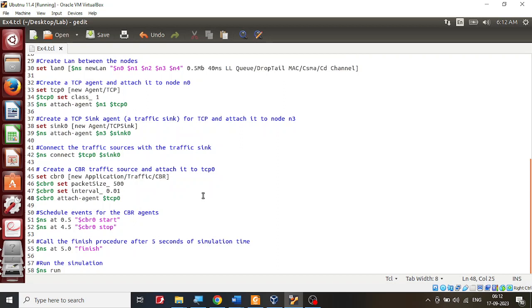The next part: all your connections, everything is done. Now you have to say at what time your show will start, at what time your show will end, and when you are going to exit. So those are the things. You say that at 0.05, that is 0.05 of a second, you will tell the CBR over here, CBR0, that's a variable,